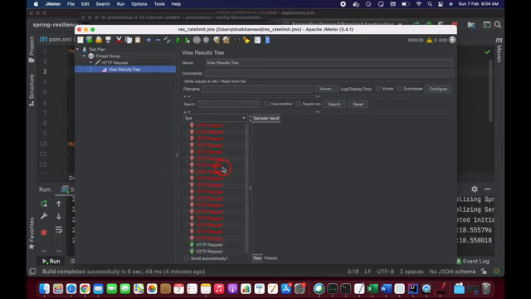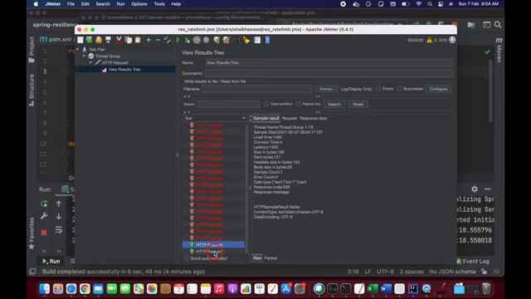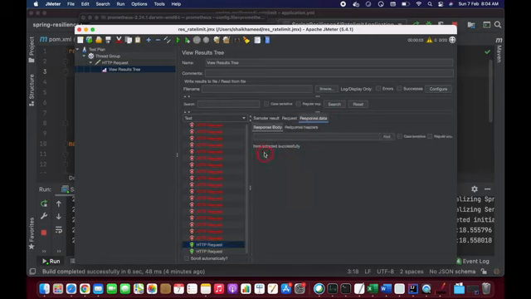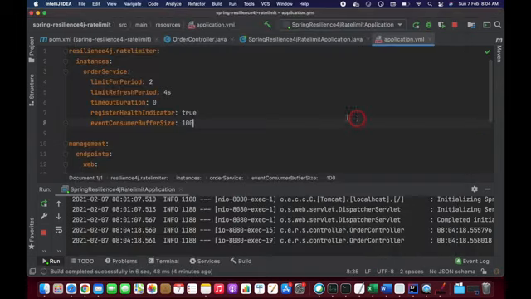If you observe here, only 2 requests are successful. If you click on this, you will see the thread group name and how much time it has taken. All that information you can see here, and the response data as well. The response data says item selected successfully. If you click on the failed request, you will see that the order service does not permit further calls. So this is how JMeter works, guys. Whatever configuration we have provided in the application.yaml file, within 4 seconds it is allowing only